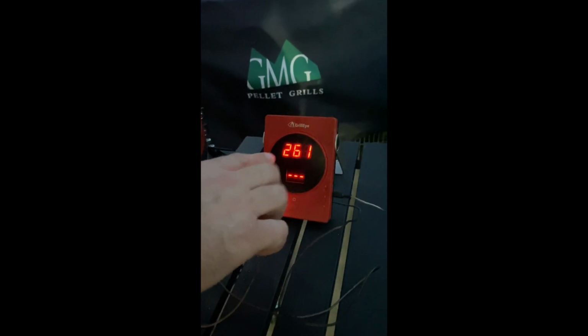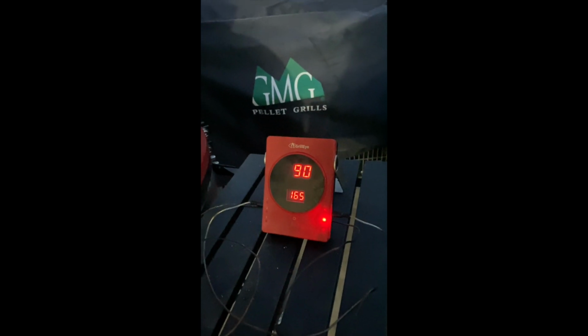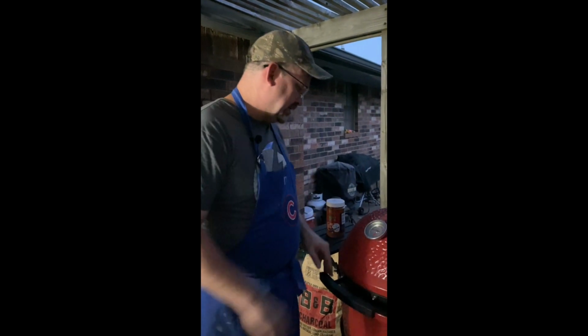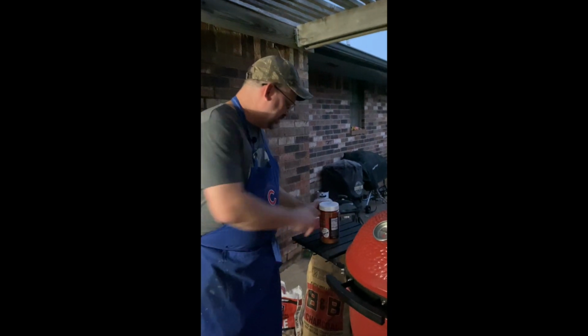Okay, so we're about 2 hours in on the cook, and if you can see right here, I've got it steady at about 250, 260, right in there. It's been swinging right in that range. The Kamado stays pretty steady once you get it set. So what we're going to do is